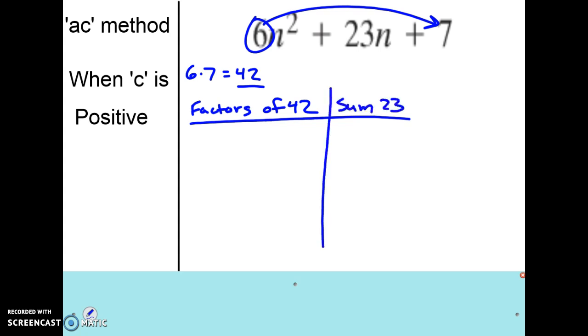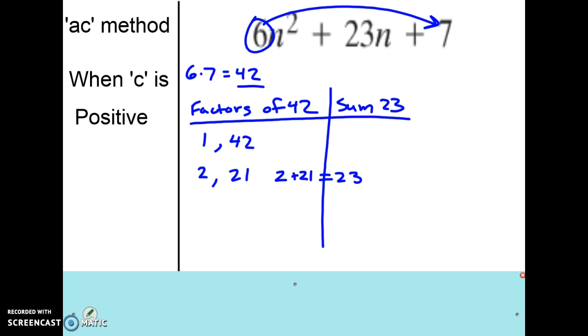This one's a little bit easier because they're all positive. So we could list out the factors. We've got 1 and 42. Those don't add up to 23. And 2 and 21, and those do. So that's how we can find our two factors here. But there is a little bit more of a process here. So 2 and 21,